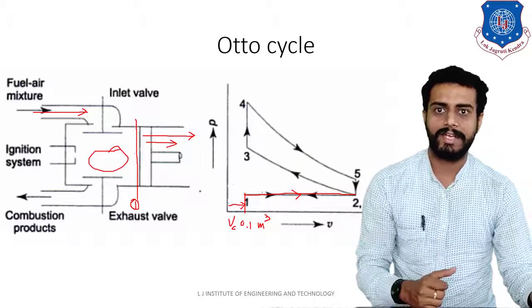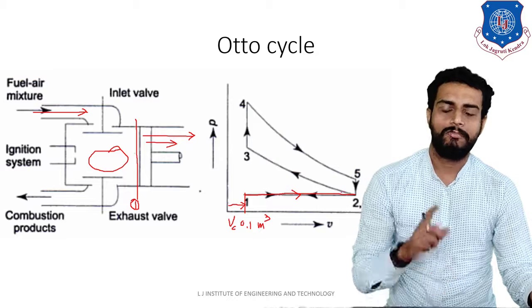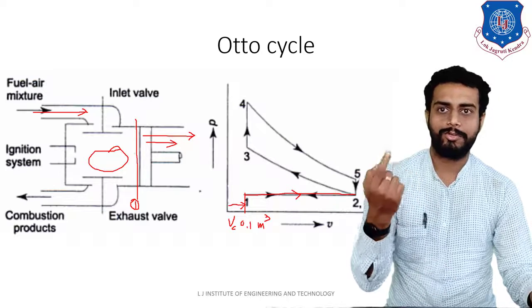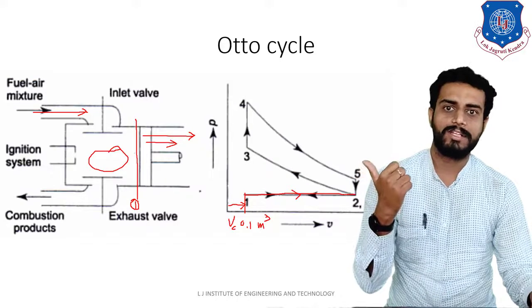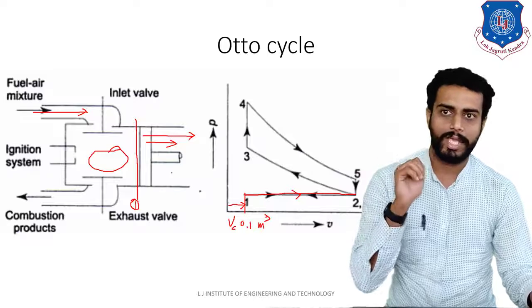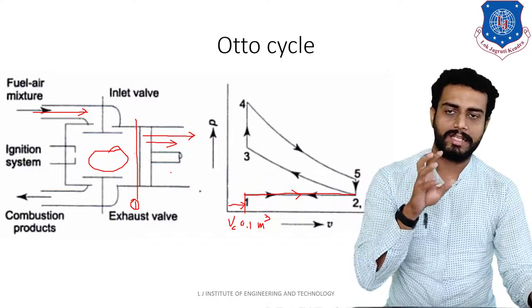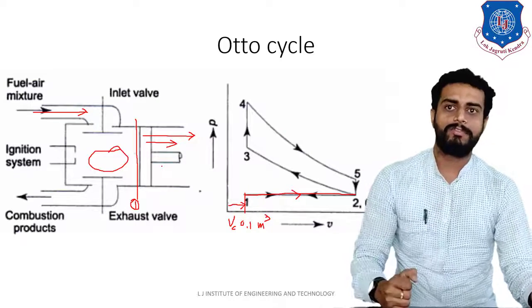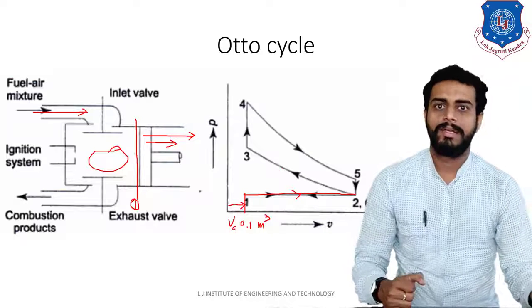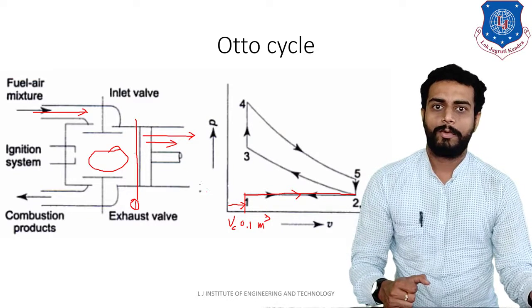That is why on the PV diagram, the volume is increasing. One more thing you should note, students, is that the pressure remains constant, ideally. Okay, so that is the thing that you have to observe. Pressure will remain constant. Next, point number 2.